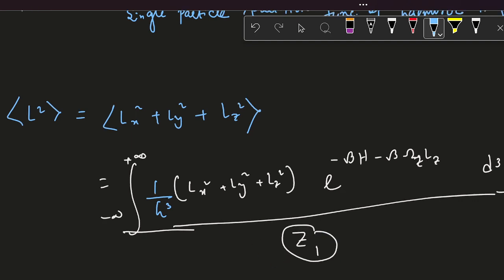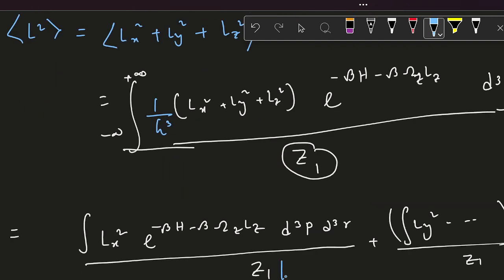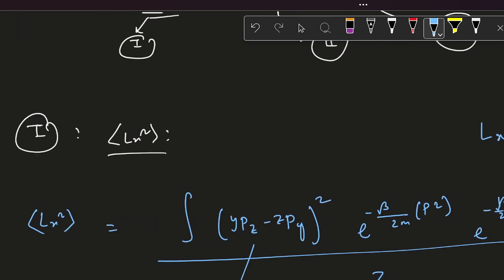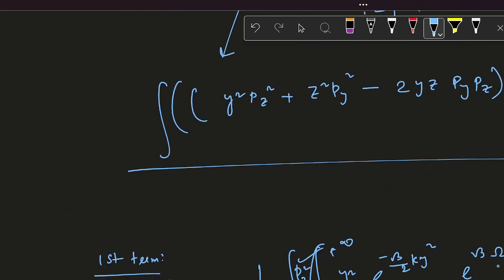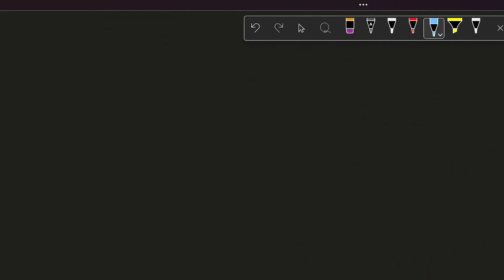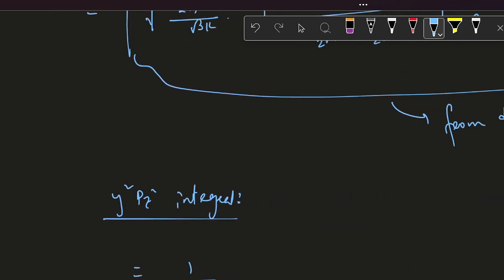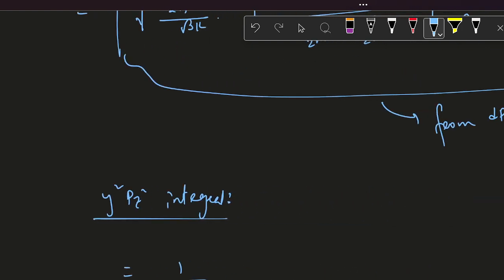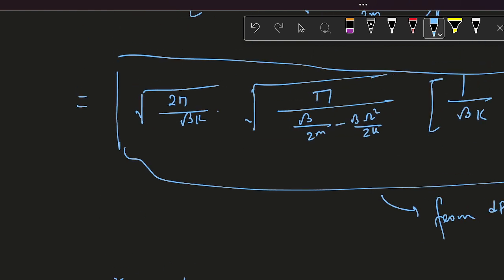So in all of the cases, this will not be just z1 but also z1 times h cube, which is coming from the integral in the numerator, right? So all the terms will have a 1 by h cube, which you missed out, and we will adjust it later. So we'll have a 1 by h cube in all the terms. That's what I am adjusting right now. So this is 1 by z1, whose value we know, we'll put it separately, 1 by z1 h cube, and then